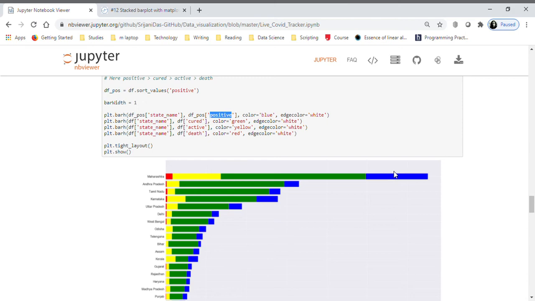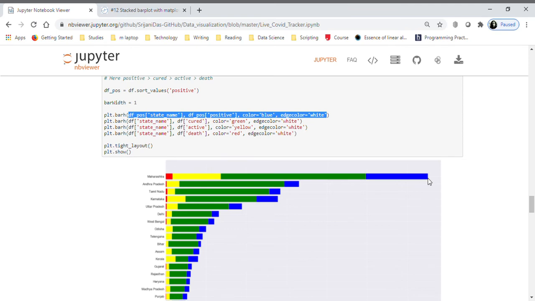Okay, so here what I figured out is, when we are plotting the first one, all are the same. First we are plotting the blue one. As you can see here, positive cases are the highest number. Next come the cured cases, which is green.